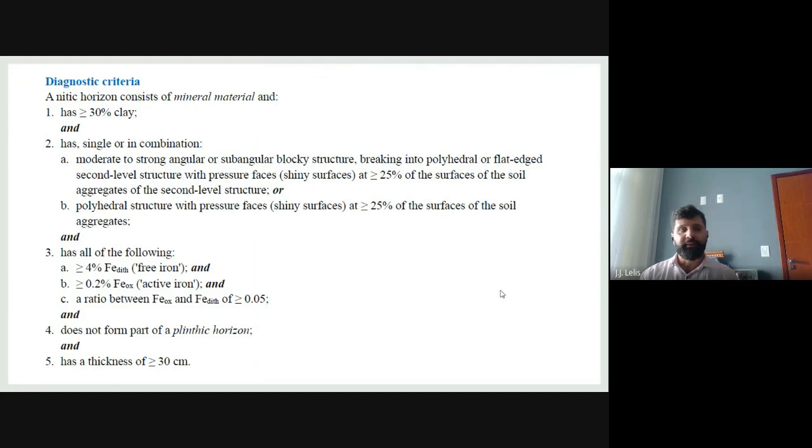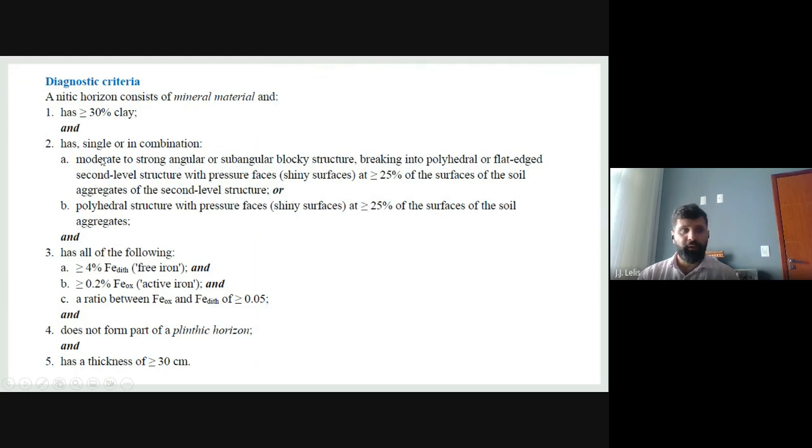Okay? And it should present at least 30% of clay, so it should present a clay texture. We can't see a nitic horizon associated with a loamy texture or a sandy texture or a silty texture. We can't see that. Okay, and it should present a combination of one of these